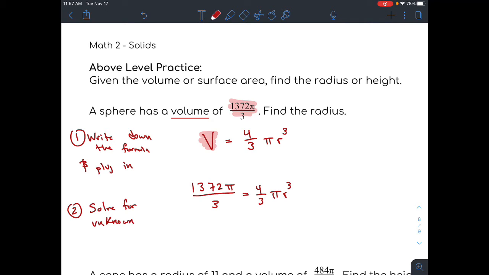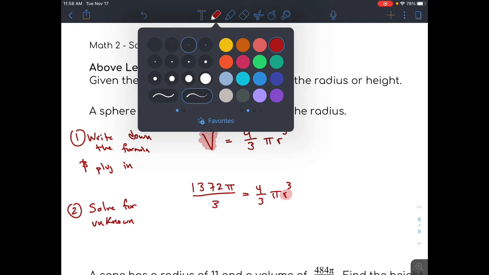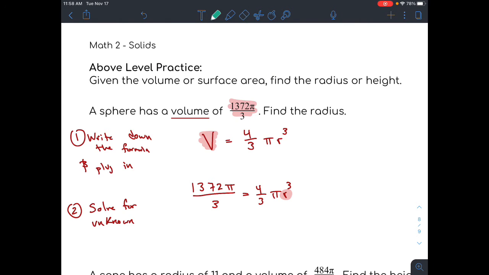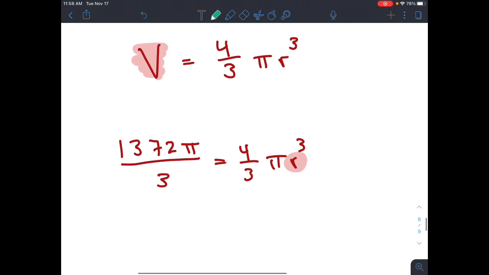And so now, step 2, you are going to use algebra to solve for the unknown. In this case, they're asking us to solve for r. So I have to get r by himself. Well, now I need to use my algebra skills. The first thing I see is that if I were to multiply both sides by 3, these 3's would cancel out here and here. And if I were to divide both sides by pi,